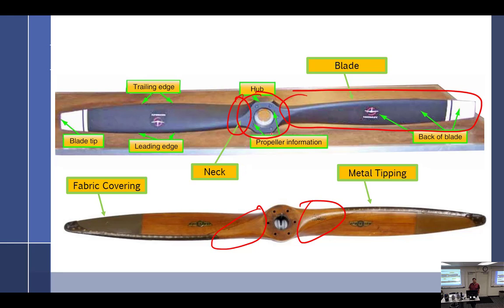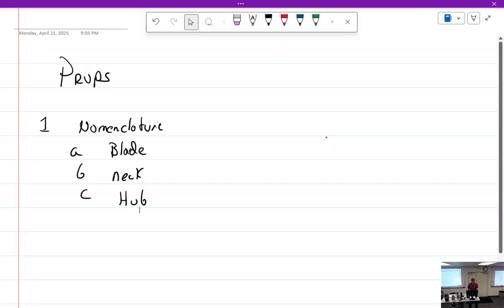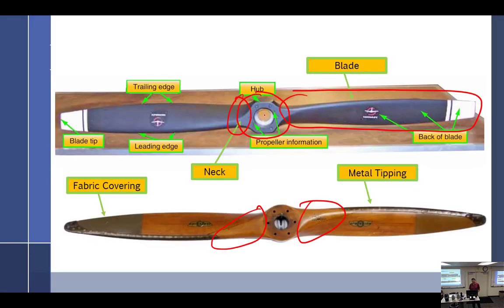We talk about constant speeds, and we're going to talk about they're different pieces, right? You take a blade out. The hub is separate, so it's like a three-piece deal. We got the blade, neck, we got the hub bore. So that's the bore right in the middle. That goes on the pilot shaft coming off the crankshaft.